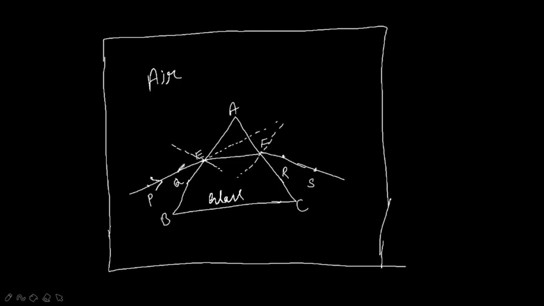Glass medium. Okay, so I will take this angle as angle of incidence, and here this angle we take as angle of refraction. Then after refraction it moves here, and at the point F again it shows refraction, right? And then it bends. So this angle, which one? This angle we call it as angle of emergence. Please repeat, it is called angle of emergence.